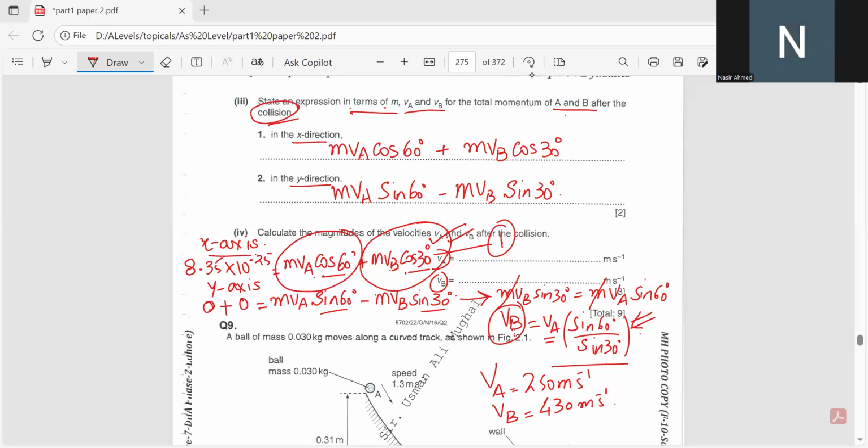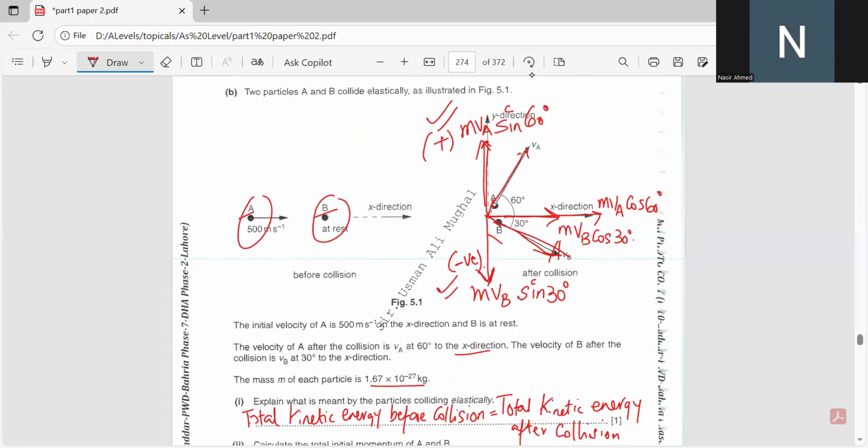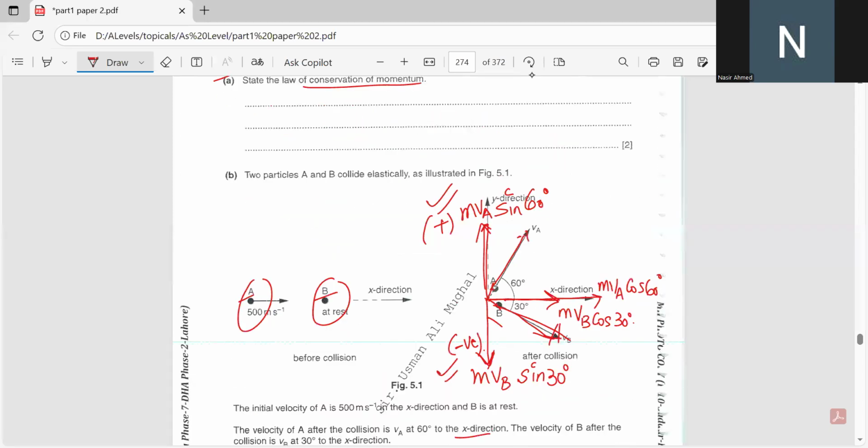Okay, what you did along the x-axis, let me tell you again what we did in this question. We did such questions in the class as well. So it's a two-dimensional momentum. Whenever there's a two-dimensional momentum, you apply the law on the x-axis separately